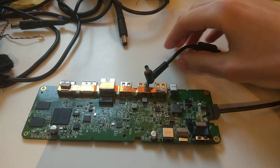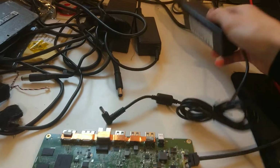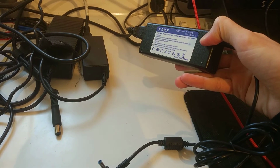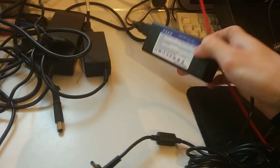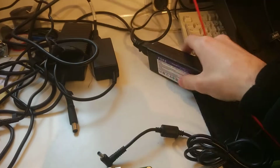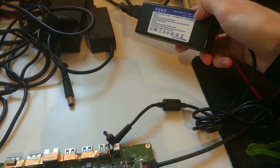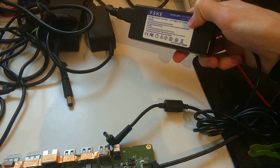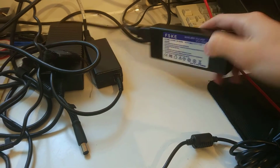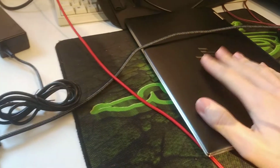When I bought this dock, I didn't have this charger. So this is an Amazon cheapo 90-watt charger. This dock works with 100 watts, so this is not even good for it, but it doesn't change anything because it works with 19.5 volts, as you can see, and around 5 amps. So to charge my laptop, this